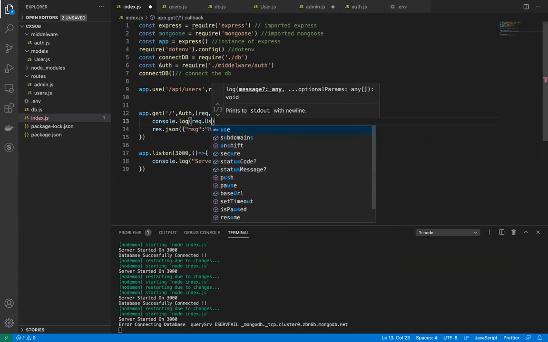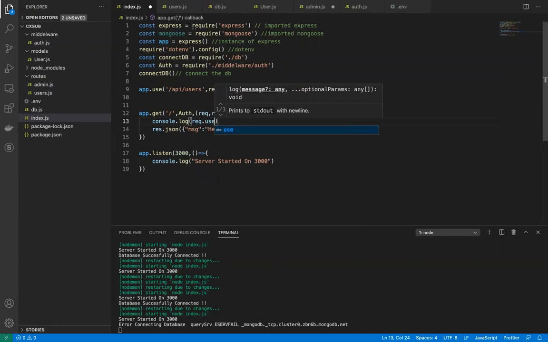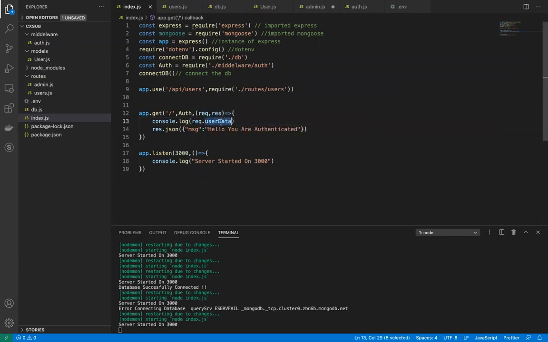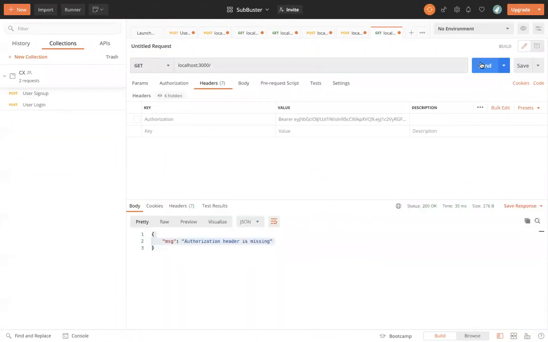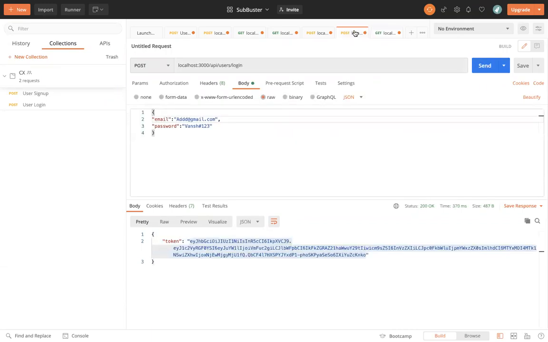I can simply write userData, because it will now add a property userData to my request when it goes through this authenticated route. So let me show you. If I click over here, it shows me authorization header missing, but if I do this, the token is malformed. Let me get this token again and show you what exactly I mean.